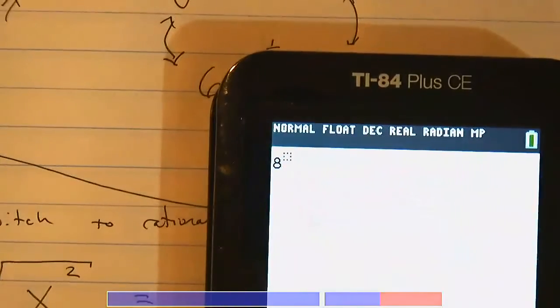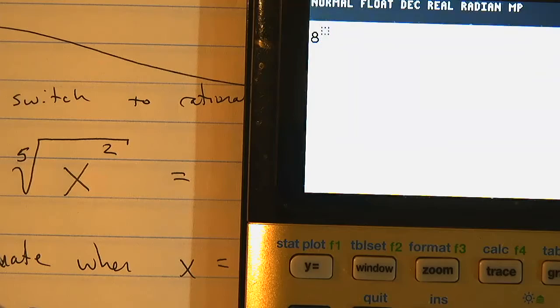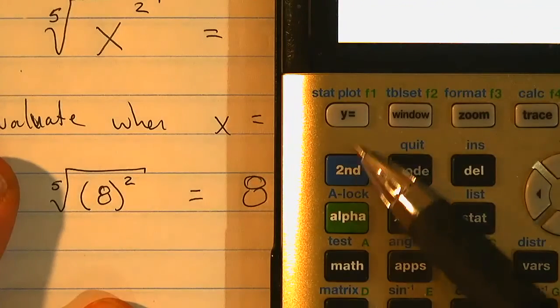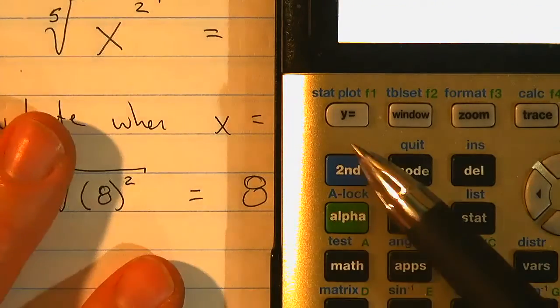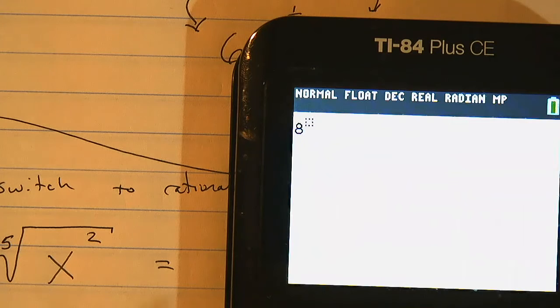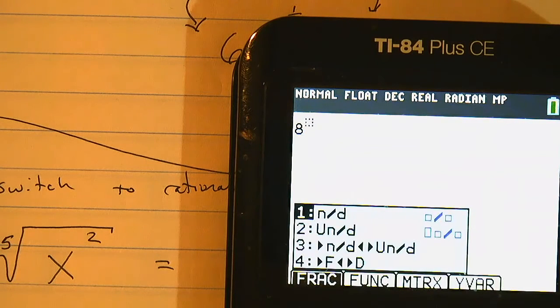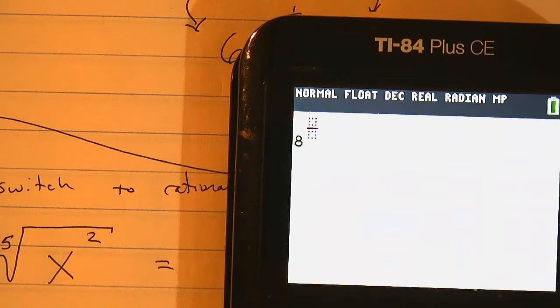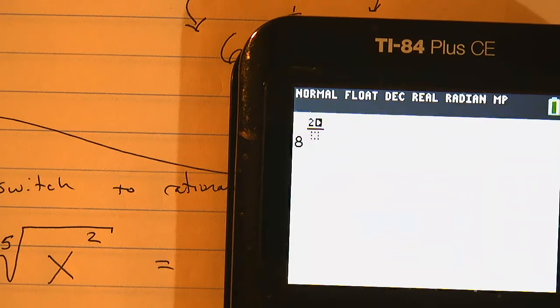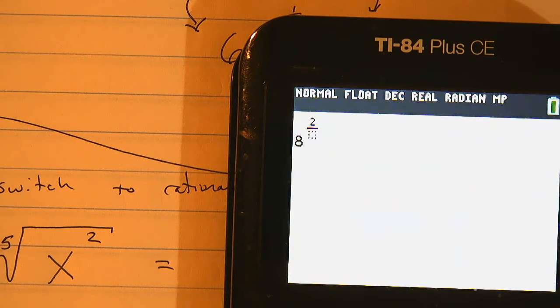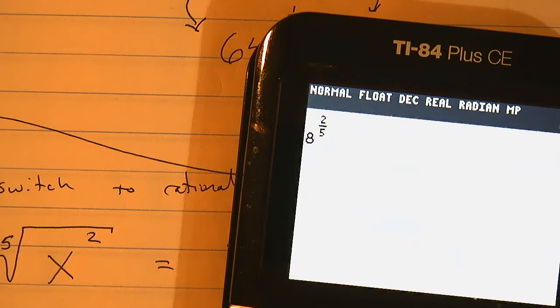So remember, to get fractions, I'm going to push alpha y equals, and option number 1, okay? And then I'm going to go 2, use my arrow to move down, 5, and my arrow to move out,